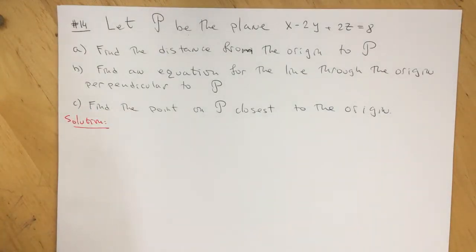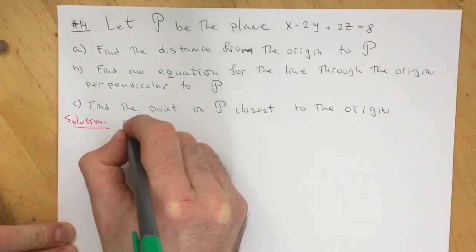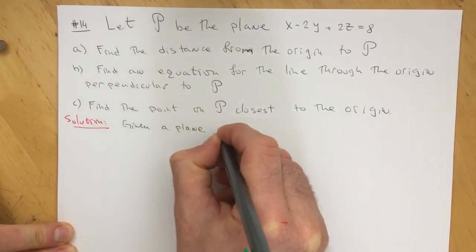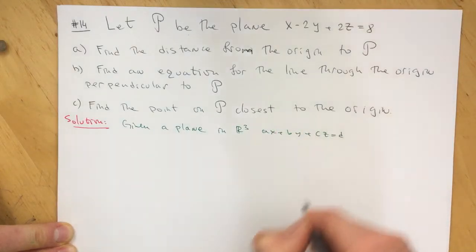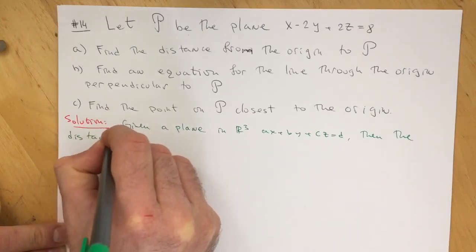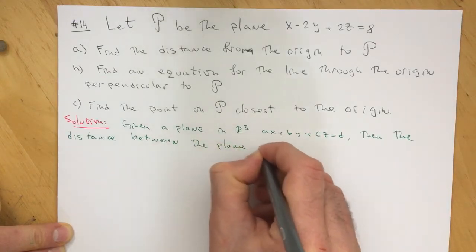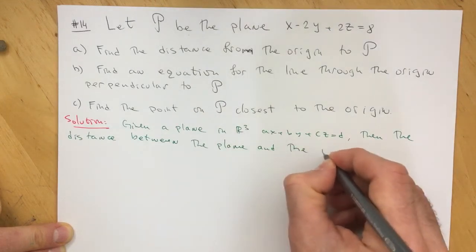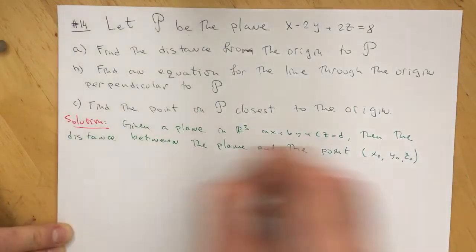Okay, so first of all, I would like to remind you of the formula. If we're given a plane in R3 by the equation ax plus by plus cz is equal to d, then the distance between the plane and the point x naught, y naught, z naught, okay, is given by the formula